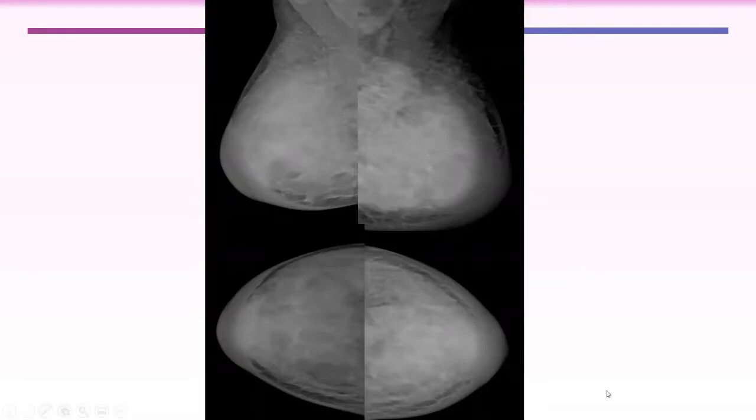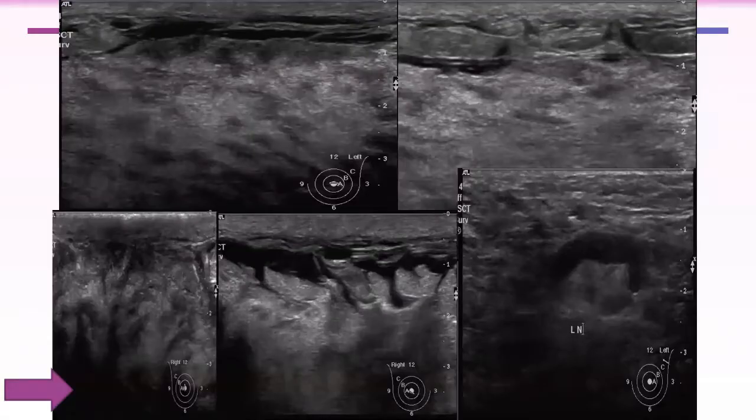Okay. So I suggest an ultrasound examination. You have seen part of the lymph node, so you need to go for, okay, let me show you the ultrasound. What about the ultrasound? The ultrasound showed that there is skin edema and trabecular thickening, and also there is a well-defined